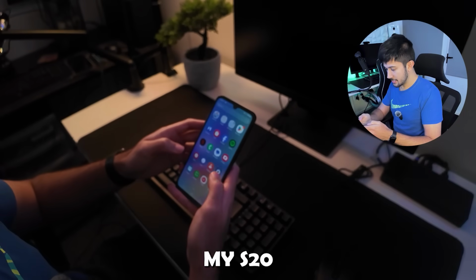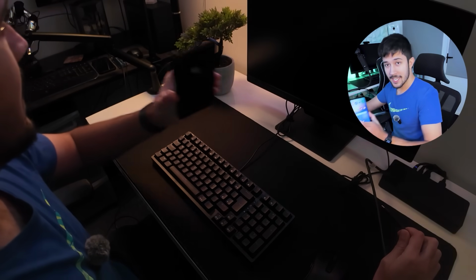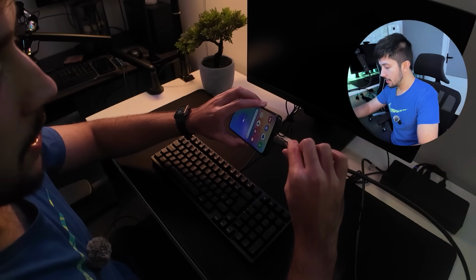All right, and here we go. We are finally into the main home screen. I mean, it looks just like my S24 Ultra really, in terms of the UI. There's our control center. Now, I don't believe this phone has Samsung DeX support, but we're gonna try it anyway. We may as well. All right, so what happens when we take this and we plug it into our dock,